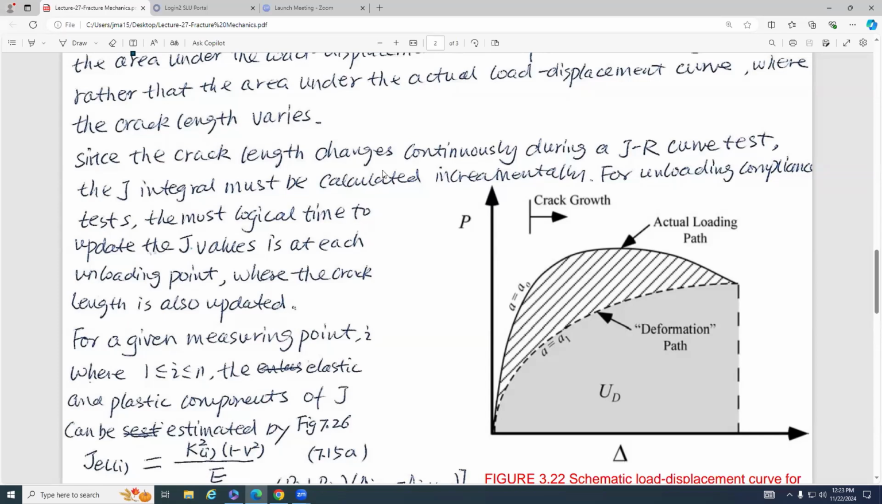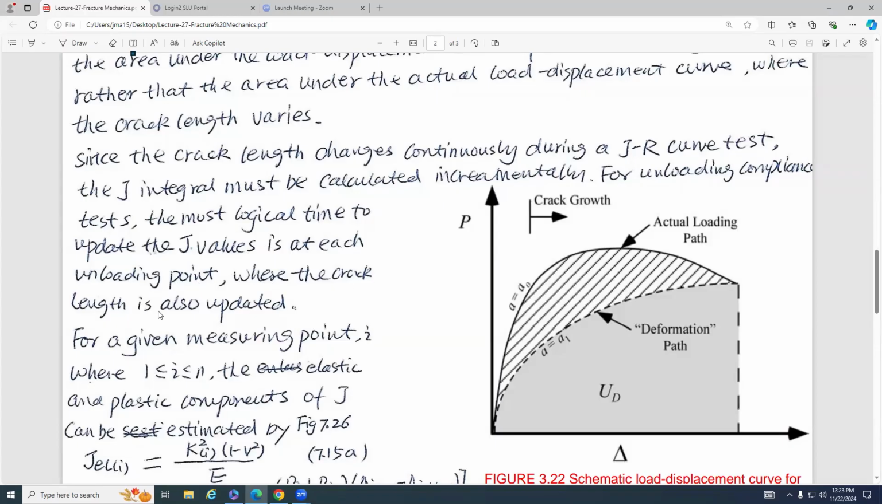Since the crack length changes continuously during the J-R curve test, we know that, okay? So continue for a single specimen. The J integral must be calculated incrementally because the crack length is changing. For an unloading compliance test, the most logical time to update the J value is at the unloading point, where the crack